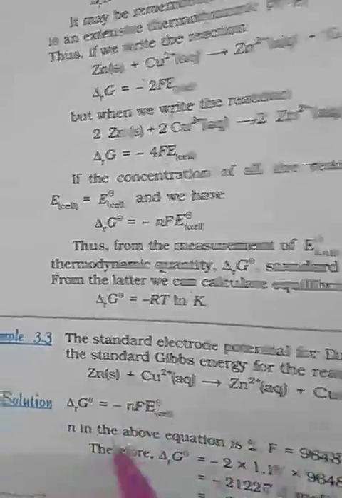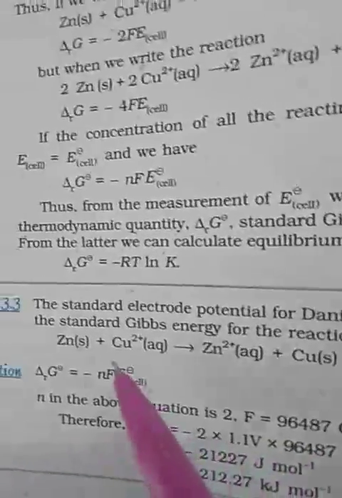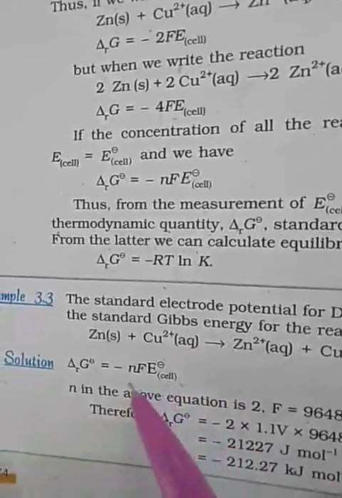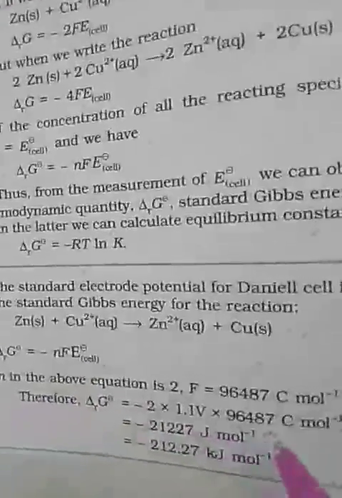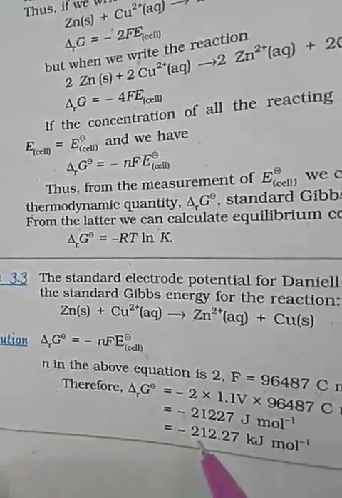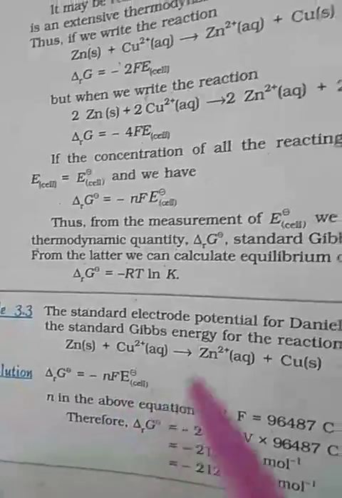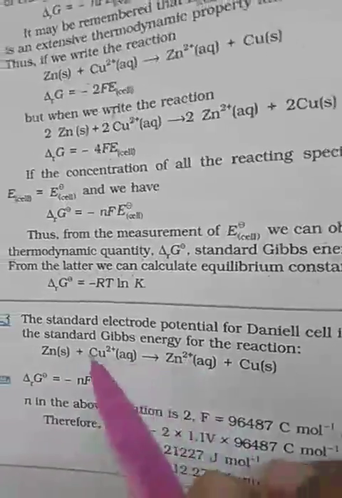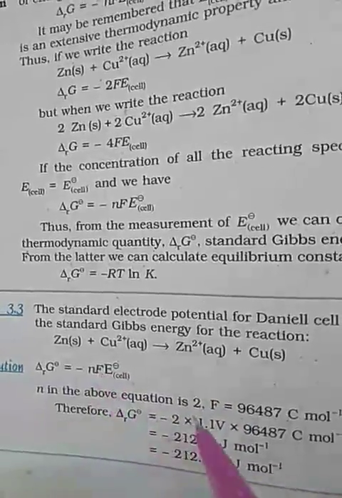The same reaction is given, ΔG equals minus nFE, and in the above reaction n is 2. Okay, 2 electrons are going to be exchanged. So instead of n we will write 2. E0 cell is 1.1 and Faraday's constant's value we will keep. By multiplying all these values you can easily get the Gibbs free energy. You put only the value of n, Faraday's constant, and E cell, which is given as 1.1. And the number of electrons you can find from zinc plus 2, copper plus 2, so losing of 2 electrons, so number of electrons are 2.